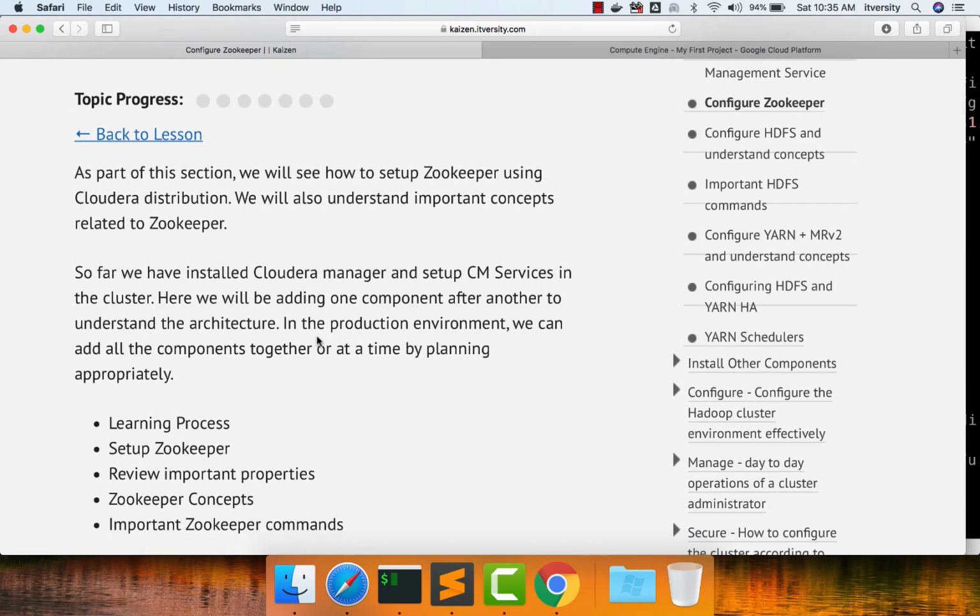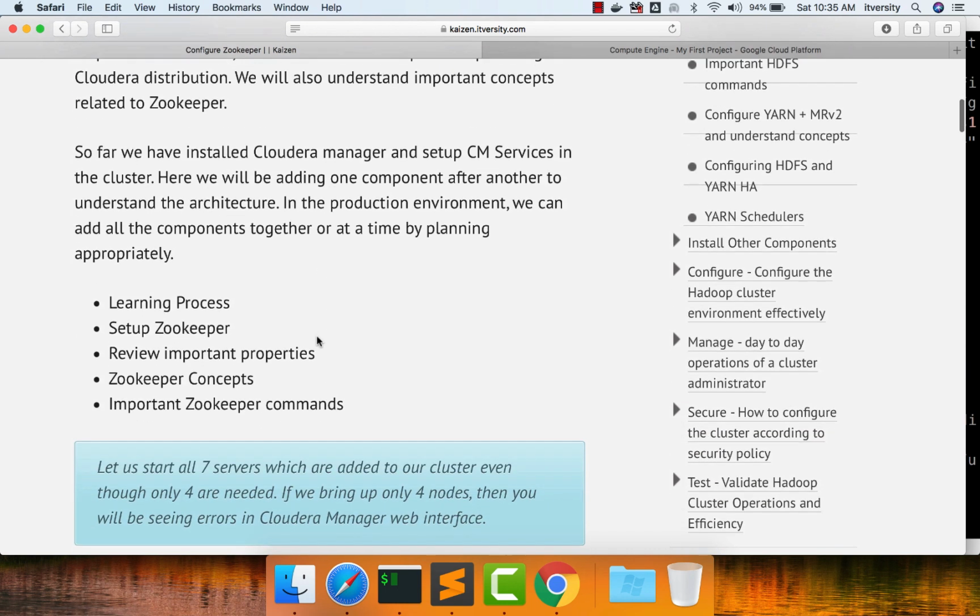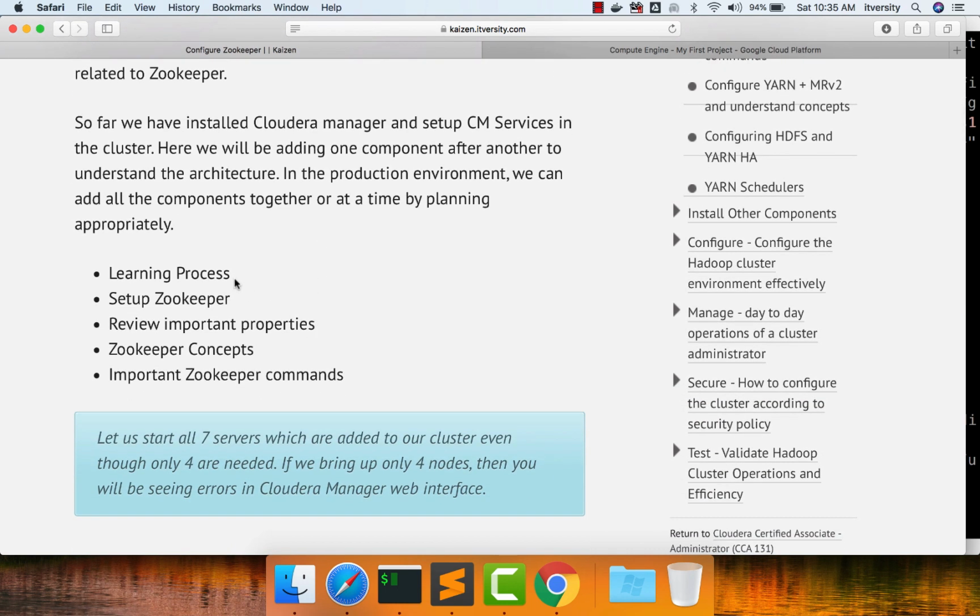As part of this, we will be learning the learning process. There is a standard learning process to learn deployment of any software on big data cluster, and we will go through that learning process and understand it, and we will be leveraging the same process while configuring the other services also. Then we will talk about setting up of Zookeeper. We will review some of the important properties with respect to Zookeeper. Then we'll actually get into the Zookeeper concepts, and then some important commands with respect to Zookeeper